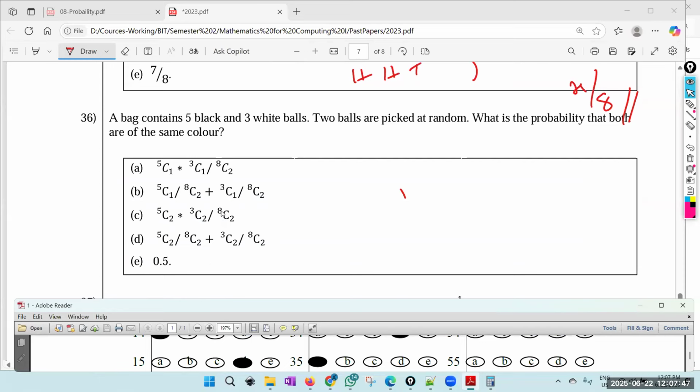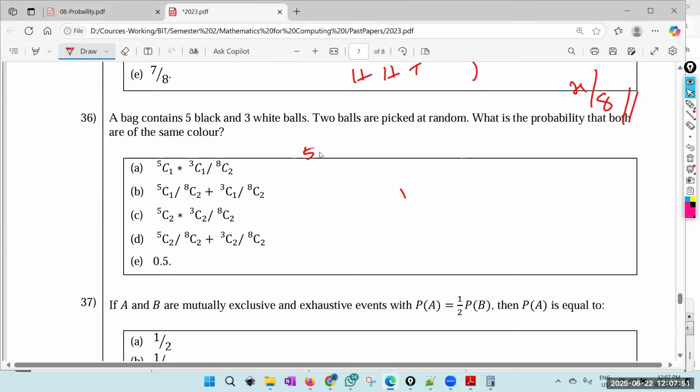A bag contains 5 black and 3 white balls. Now you can see all of a sudden this paper is standard paper. Right? The question can be difficult, but it is coming from the standard questions. Okay. 5 black, 3 white,